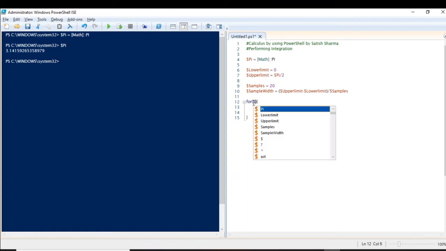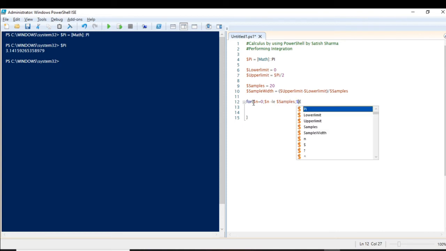Let's create a variable here, delta n, which will start from 0. Then delta n should be less than or equal to $samples. Then delta n should be plus plus. These will be the variables inside the for loop.